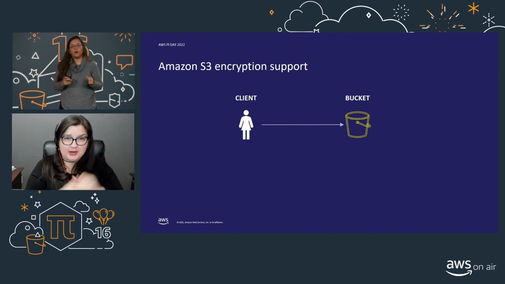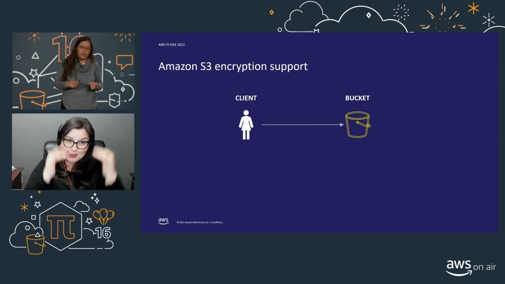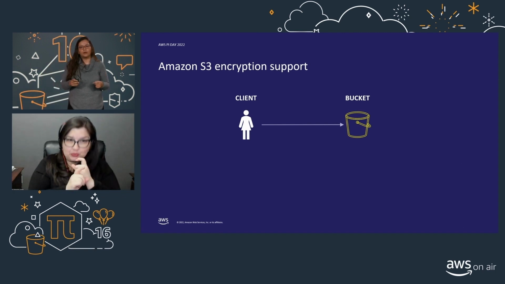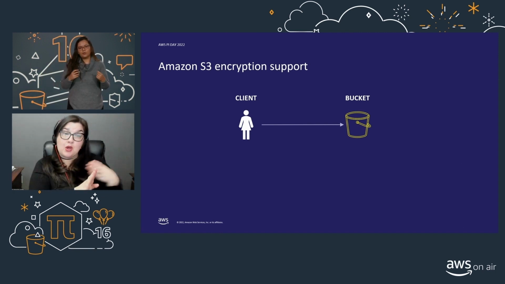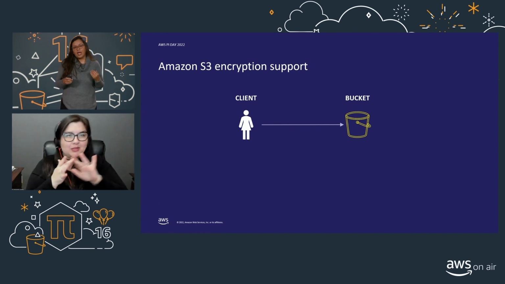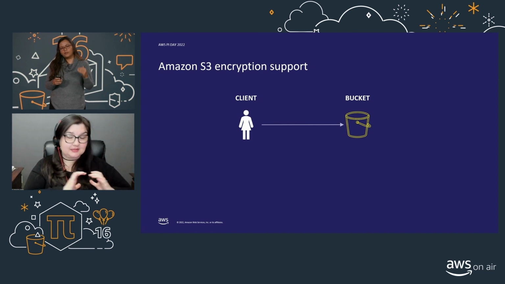So now let's move on to Amazon S3 encryption. We want to talk about default encryption feature in detail, but before that, I'll talk about how Amazon S3 provides you options to enable encryption. So here is a simple network diagram. You have the client and the bucket. And Amazon S3 would give you 3 ways to enable encryption.